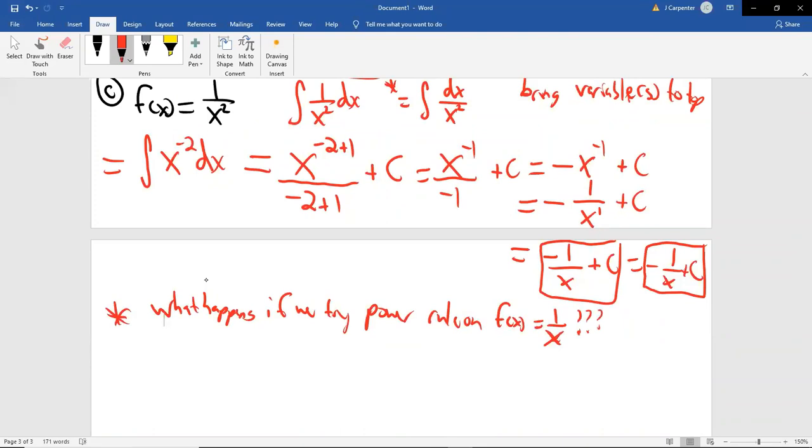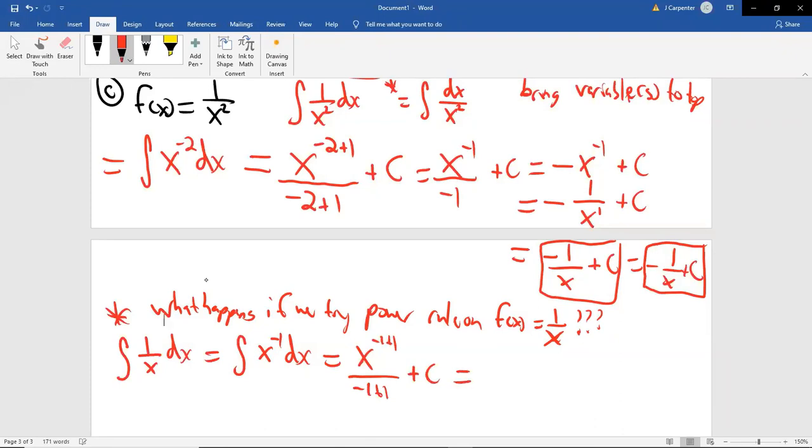So check this out. Integrating 1 over x dx. Bring that x to the top. So this is the integral of x to the negative 1 dx. The exponent was originally a positive 1, so now it's a negative 1. Now we can actually do the integral. We add 1 to the exponent, divide by the same value. So we go x to the negative 1 plus 1 over negative 1 plus 1. Don't forget the plus c, which is negative 1 plus 1 is 0. So that's x to the 0 over 0 plus c.